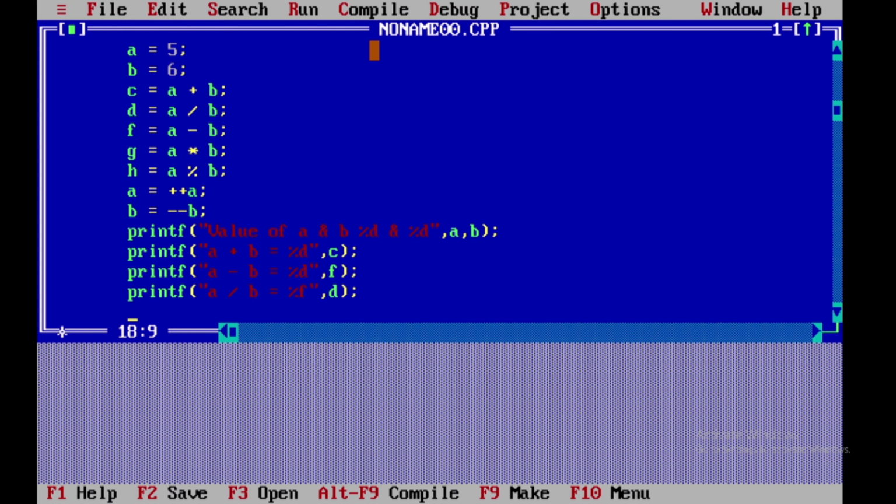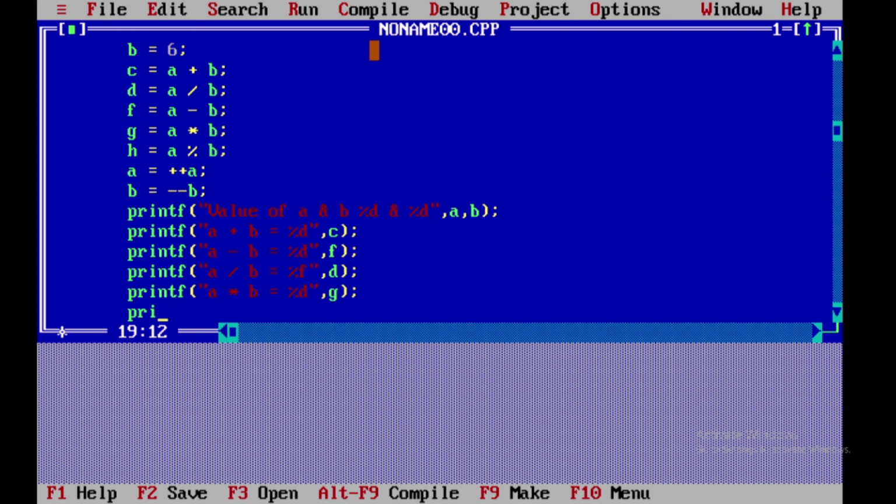So that is that here, and we have a printf, a star b is equal to percentage d. Why? Because it's g, and we have a printf, and we have here a modulus b is equal to percentage d, and we have here h, right?